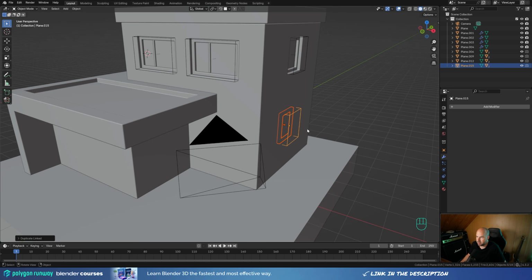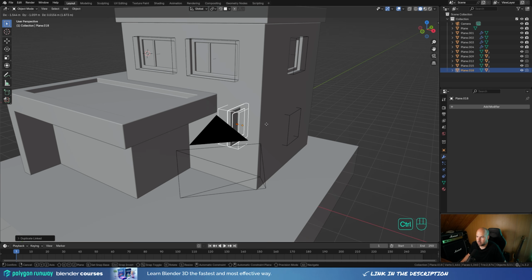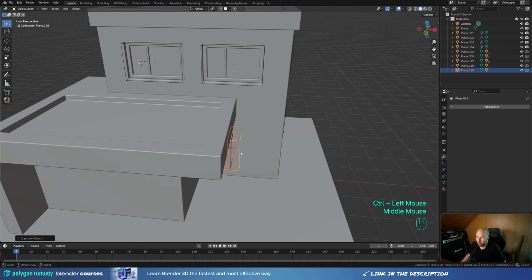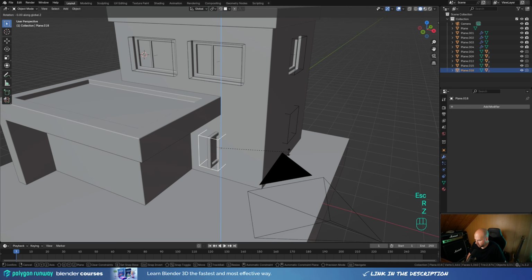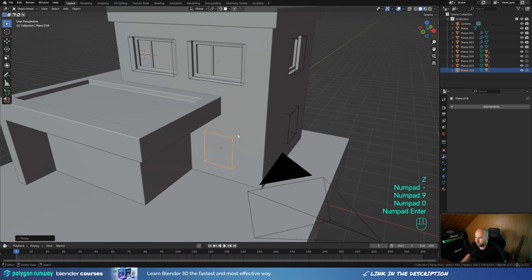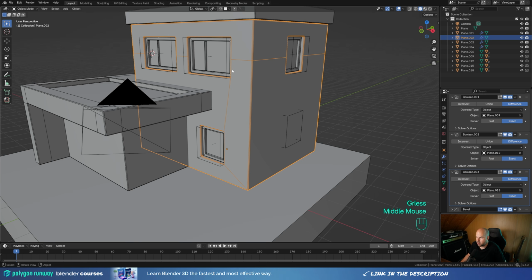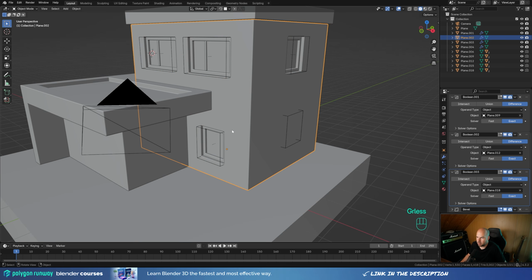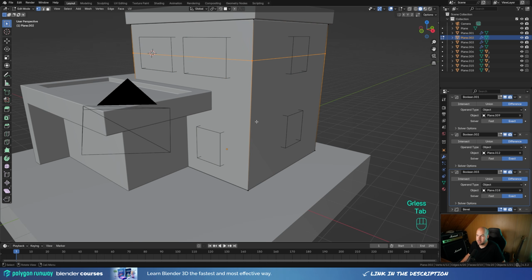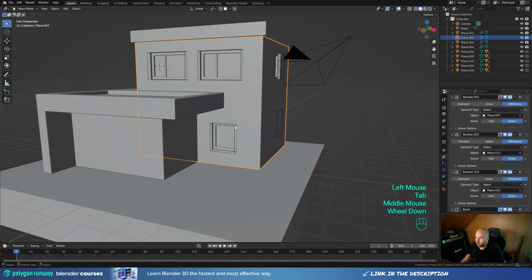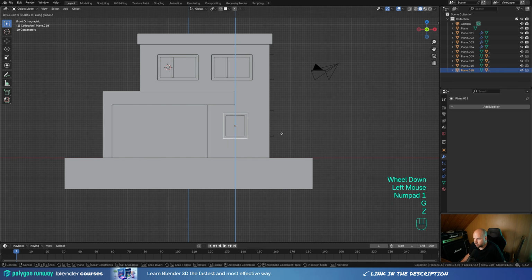So while this is still selected, press Shift D. So again, we're sure that this is a unique copy, and hold Control and snap it here on the wall. And now press R then Z and -90. Let's confirm. And again, let's duplicate the boolean and apply this one. Again, let's check the geometry. You can see some different cuts happening here. So if you want to make sure that this works nicely, you can press Ctrl R and create another loop cut right here, and it should work nicely. So let's move this up a little bit,